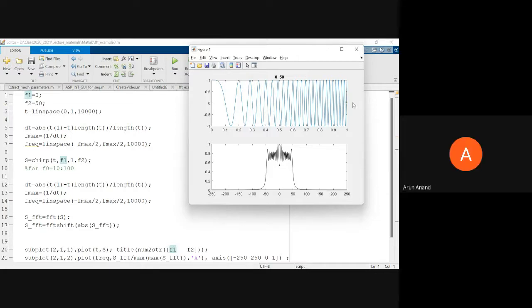Yes, sir. Okay. Now, if you see the bottom plot, that is basically the Fourier spectrum of the signal. The Fourier spectrum of the signal basically contains all the frequencies. It doesn't contain any time information, because you are using the entire signal for the Fourier transformation to find the frequencies. So do you get me so far? Yes, sir. So far it is clear.